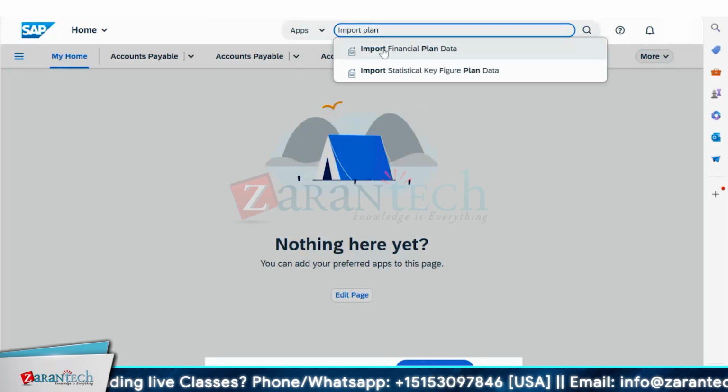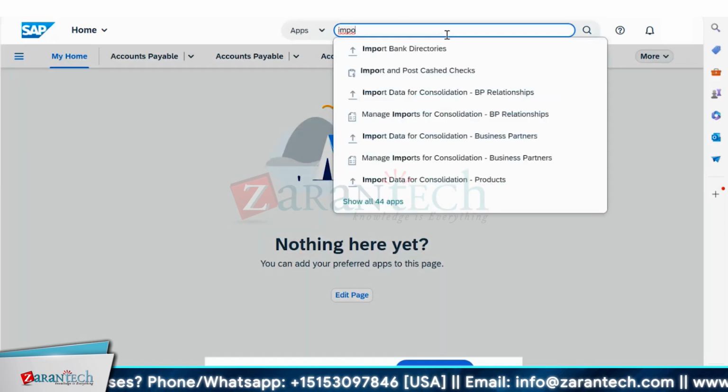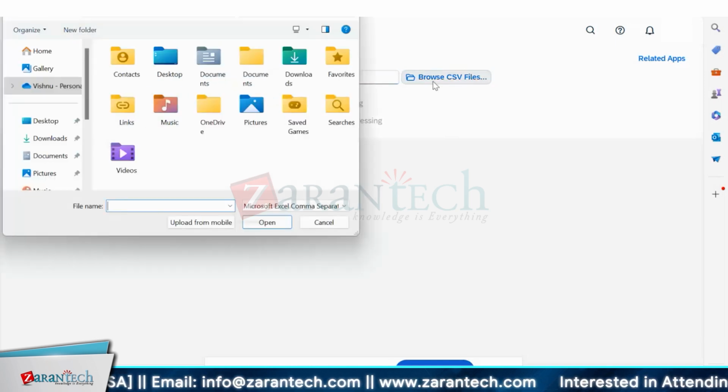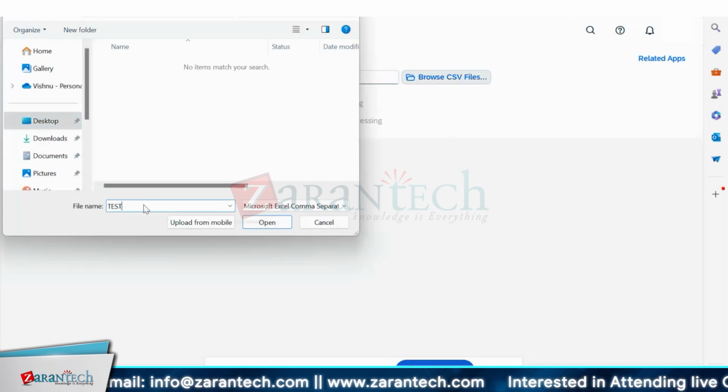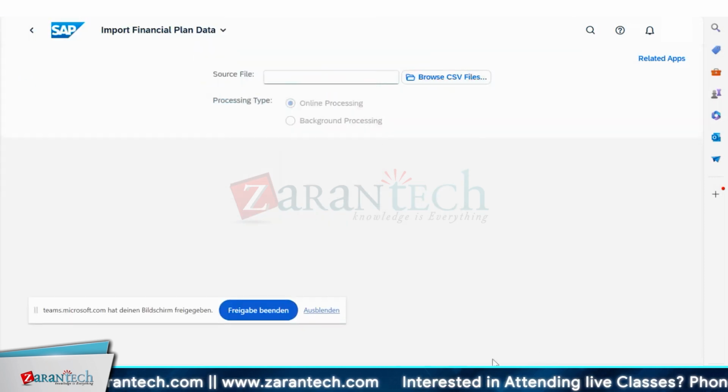Yeah, this one, import financial plan data. So here, this is the app, import financial plan data. Here you have download template. Okay, so if you click here,